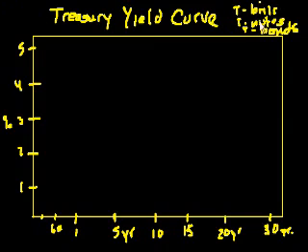So first, a little bit of definitions. What is the difference between Treasury bills, Treasury notes, and Treasury bonds? They're pretty much all loans to the government, but they're loans for different amounts of time. So if I give a loan to the government for $1,000 for, say, 6 months, that will be a Treasury bill. So I will give the government $1,000. The government will give me a Treasury bill. And that Treasury bill is essentially just an IOU saying that I'm going to give you your money back in 6 months with interest. Similarly, if it's 3 months, it's a 3-month Treasury bill.